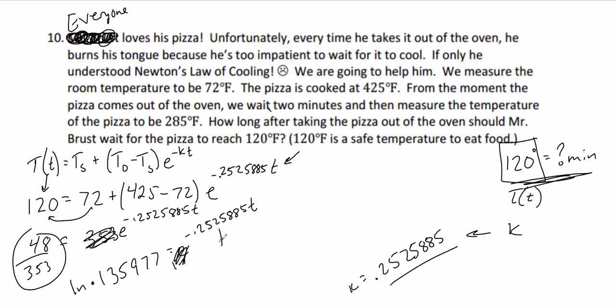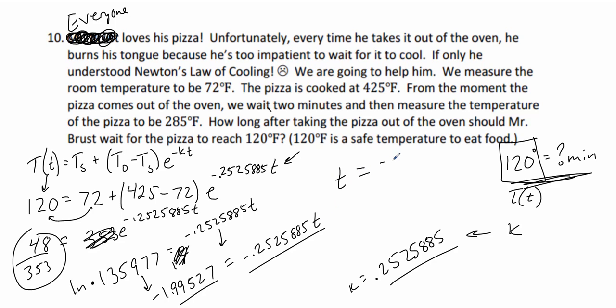Now, again, I want to introduce the ln of both sides. So that will cancel and drop that exponent. I'm going to take the ln of 0.135977, and I get negative 1.99527. It rounds pretty nicely to 5 places there. That equals negative 0.2525885 t. I have to solve for t, so I divide both sides by that. I'm going to divide negative 1.99527 by this number right here, and I'm going to get an answer, which is t is equal to